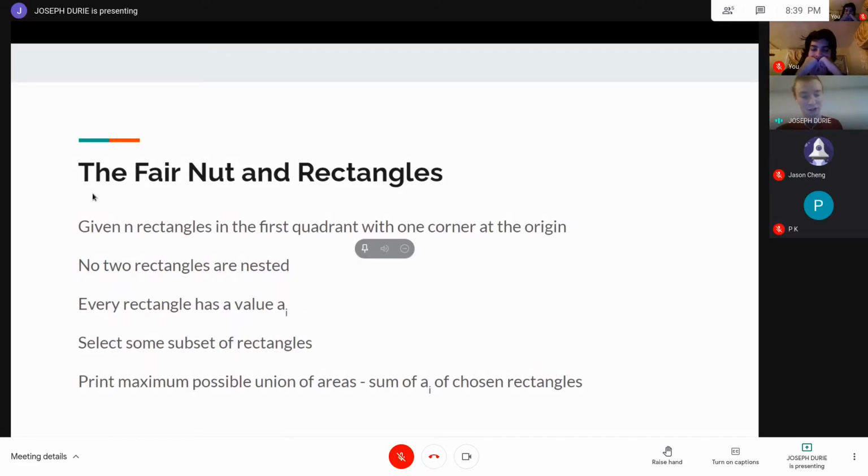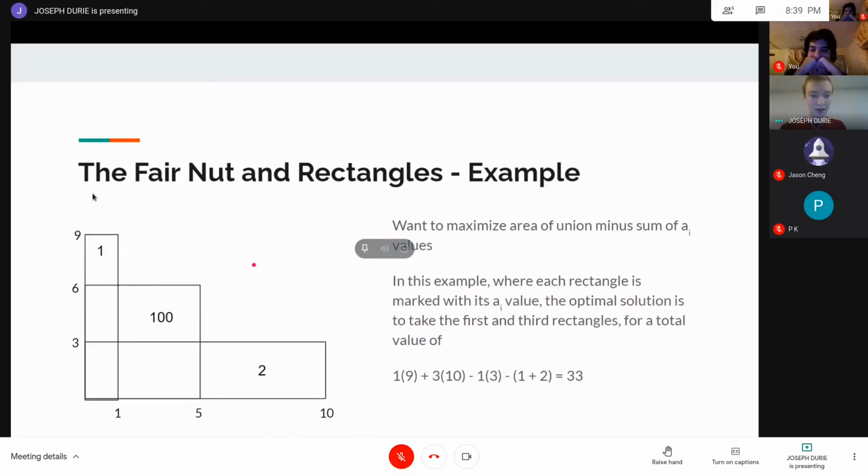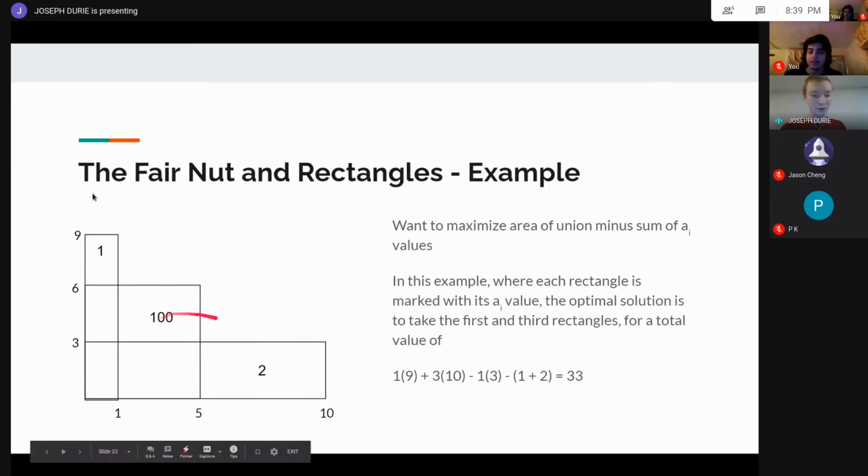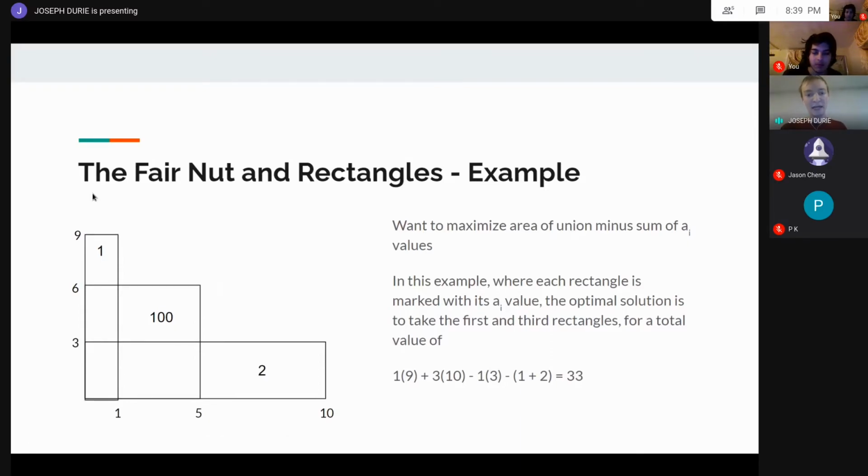So that's a lot of conditions. We have an example for this. Let's say you have these 3 rectangles, where these are the y coordinates, these are the x coordinates, and these values inside the rectangles are their a values. Notice they all have a corner at the origin, and none of them are inside another one. Again, we want to maximize the area of the union minus the sum of the a_i values of the ones we pick. So in this example, you want to take the first rectangle and the third rectangle